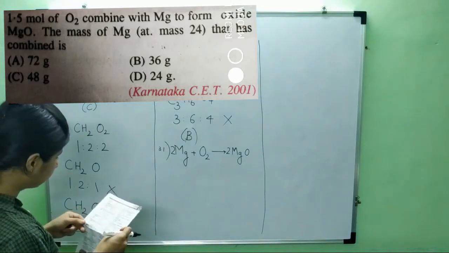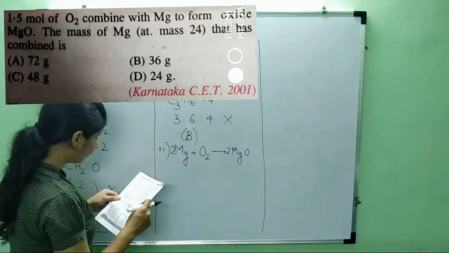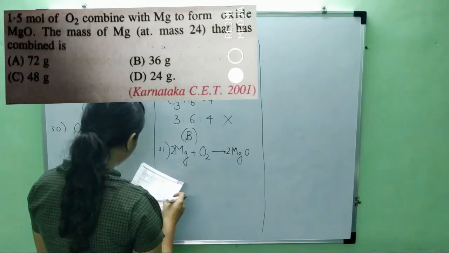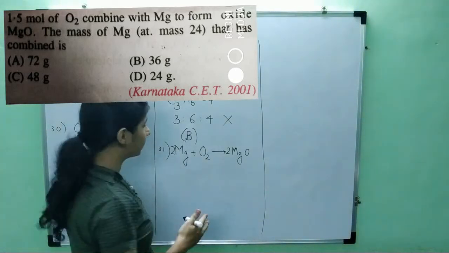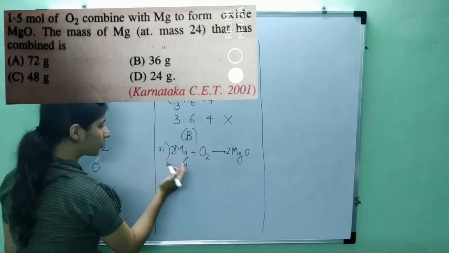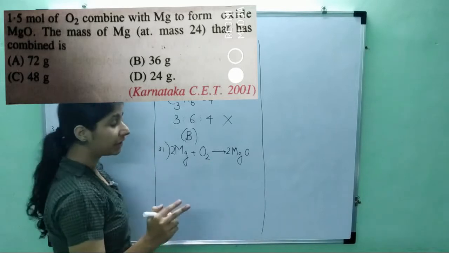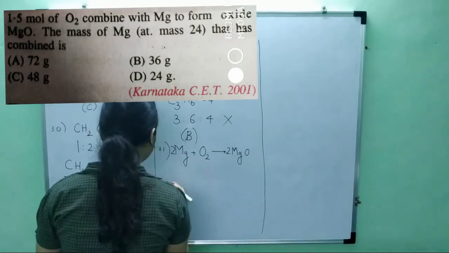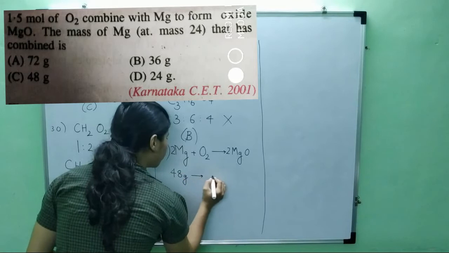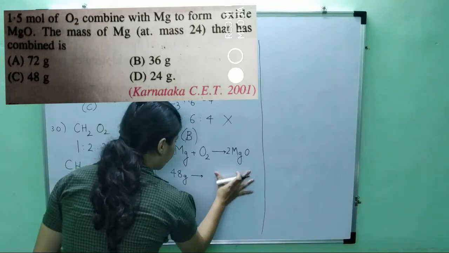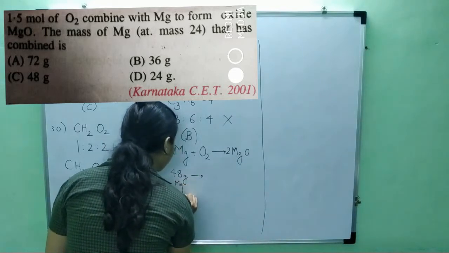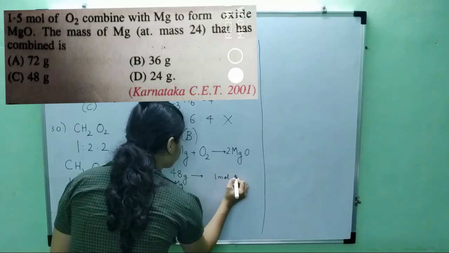Now what is it asked? It is asked that how much of it will react? 1.5 mole of oxygen is combining. Okay. What could be the mass of magnesium that is combined? So mole versus mass. Now if you see from the stoichiometry, so 2 moles of magnesium. What is 1 mole of magnesium? 1 mole of magnesium is 24 grams of magnesium. It is given in the question. So 2 moles will be what? 48 grams. So 48 grams will combine with what? 32. Or what I have to find out, what is the relation? It is between moles. So 48 grams of magnesium combines with 1 mole of oxygen.